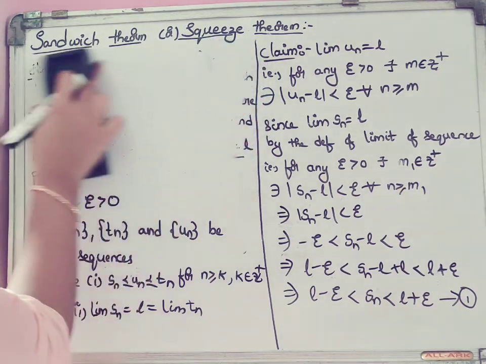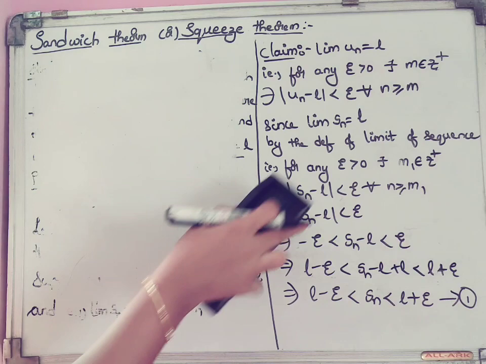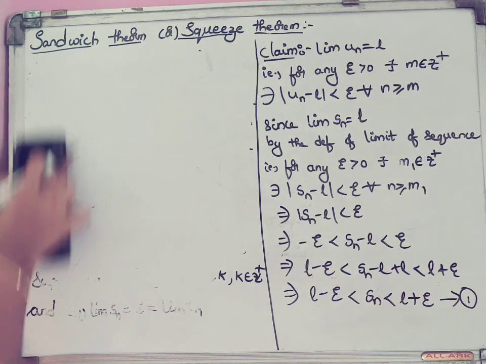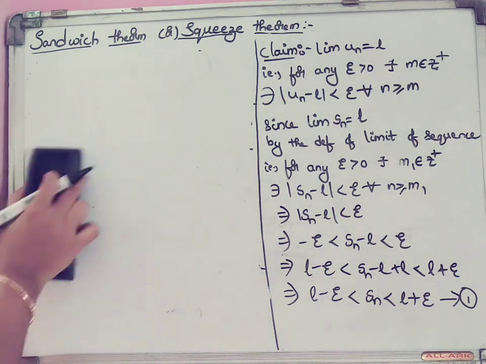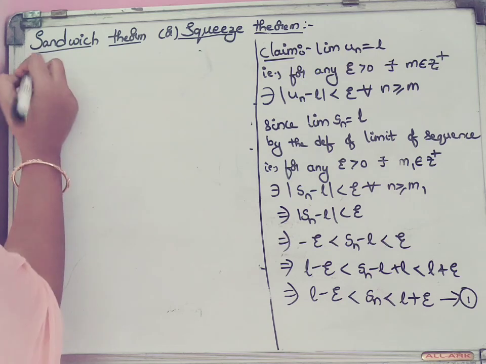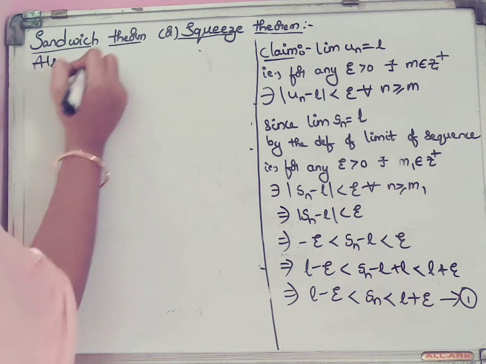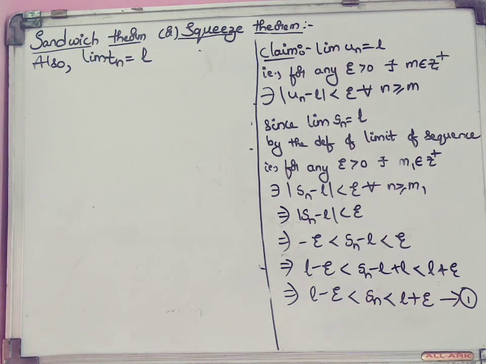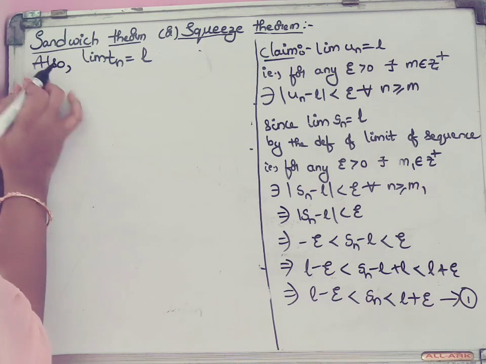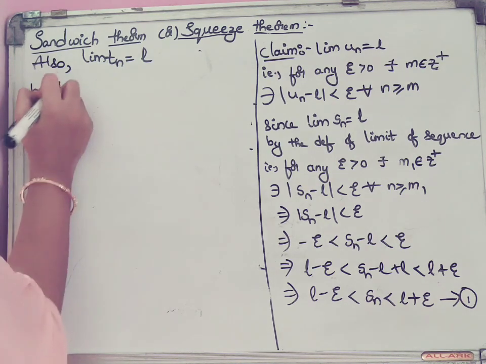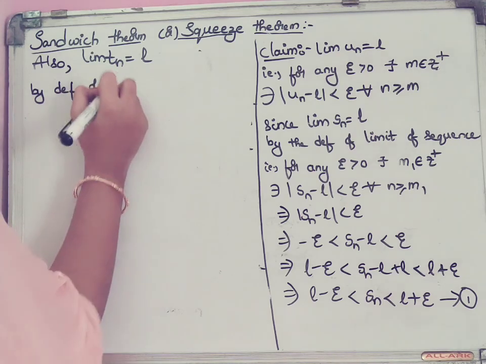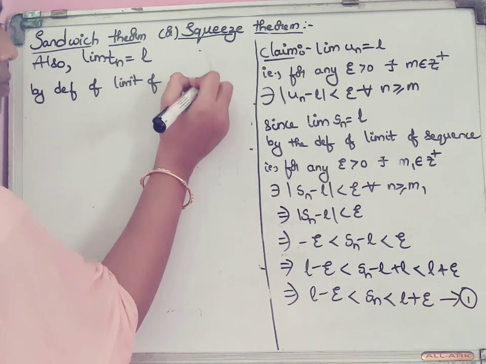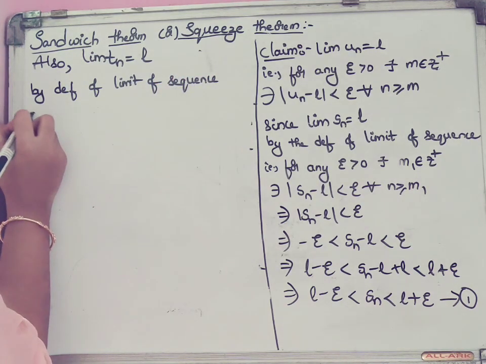Okay. Next, we have one more condition. What we used here, limit Sn is equal to L. Another condition is limit Tn is equal to L. So again, by the definition of a limit of a sequence, we can write, also we have limit Tn is equal to L, again by condition 2. So again by the definition of limit of a sequence we can write